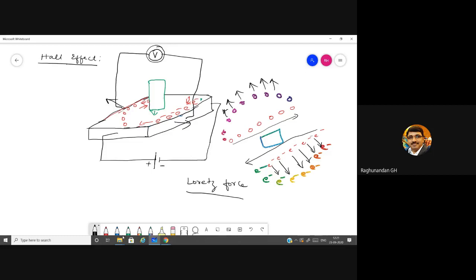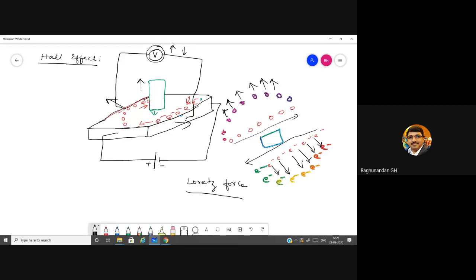What I will observe is some voltage here. Once I introduce this magnet, the closer the magnet is, the more the voltage will increase. If the magnet is very close to the semiconductor bar, the voltage will increase. If the magnetic bar moves away from the semiconductor bar, the voltage will decrease. So this means there is a production of a voltage difference across the electrical conductor because of the electric current and the applied magnetic field perpendicular to the current.